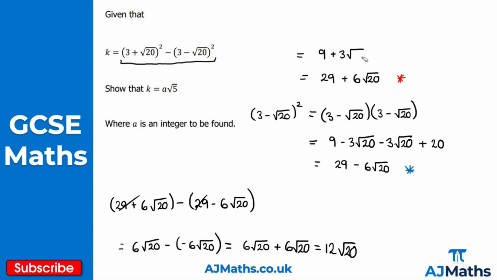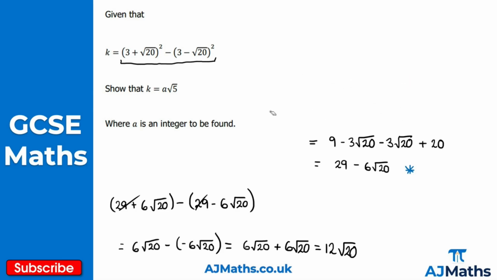Shouldn't need too many lines to do this. Just clear one more line here. So, like I said, at the minute we've got 12 root 20. We need to make it in this form, so a root 5. So what I need to do then is simplify root 20. So root 20 here, we're writing that as a product of two surds, where one of those surds is a square number. I can write this as root 4